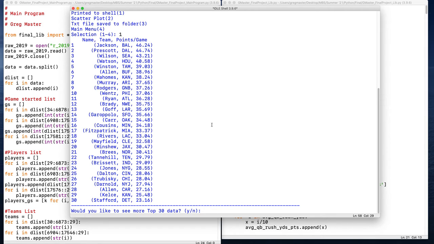And then what I did was I ended up zipping lists together for the data after I had taken it out and filtered it and indexed through it. So you have name, team, and then average fantasy points per game. The name and the team are self-explanatory. For the average fantasy points per game, what I did was I took, for example, if it's a quarterback, passing yards, passing touchdowns, rushing yards, rushing